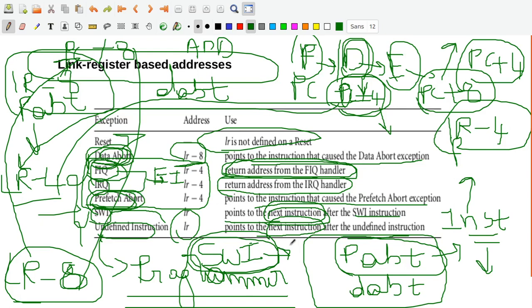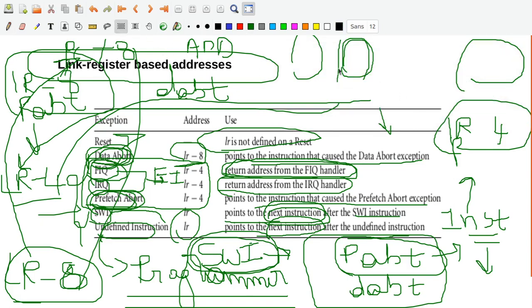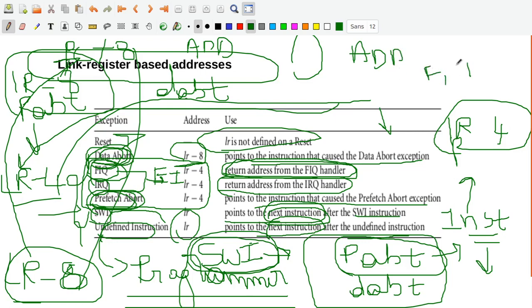So that instruction was not executed. So let me take it here. For example, I said that in most of the cases the execution of the instruction is completed, but certain times it is not done, because you have to consider the high priority interrupt request, that is the external interrupt. Whenever the FIQ or the IRQ exception is raised, at that time, for example, some add instruction is getting done. Before the add instruction is completed, some FIQ exception or IRQ exception is raised.